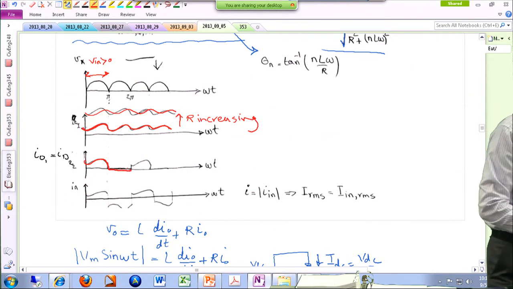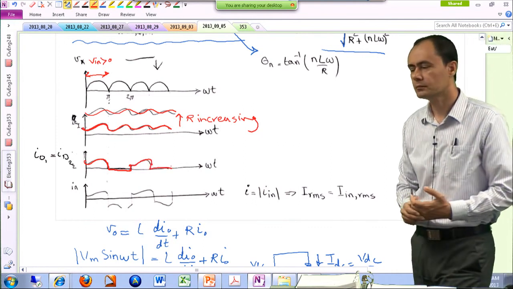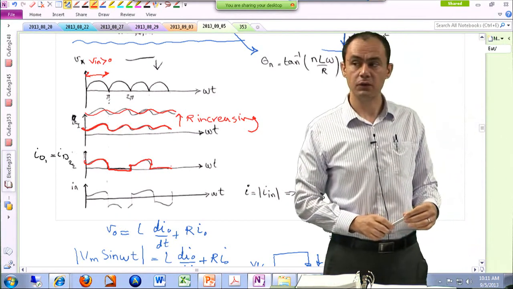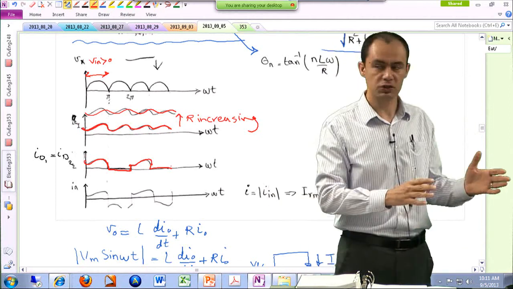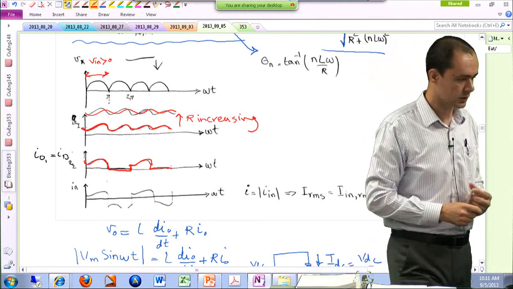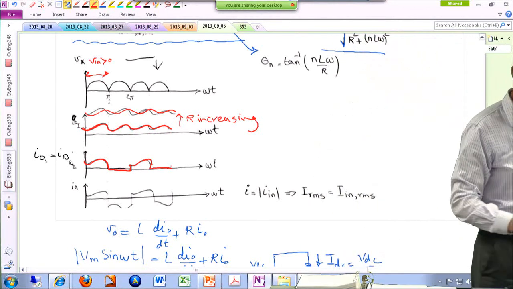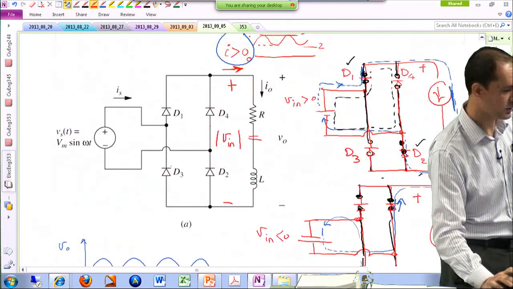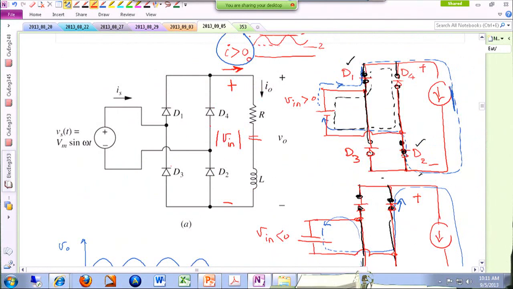Then the next cycle starts, and same thing, and then 0. You can actually plot a similar waveform for D3 and D4, and that's actually the same waveform, only shifted by 180 degrees. And ultimately, if you are curious about the waveform of the input current,